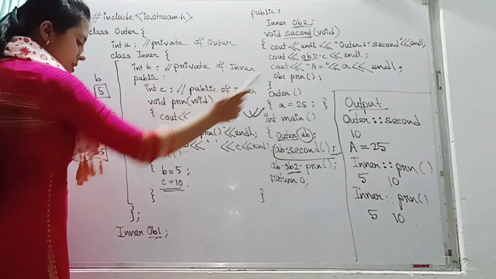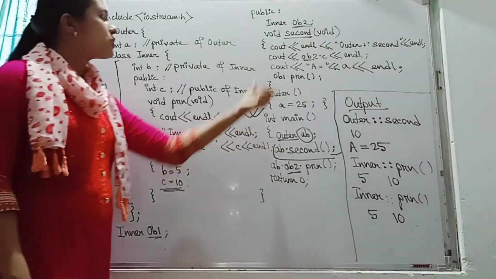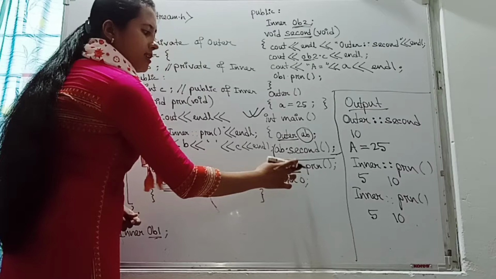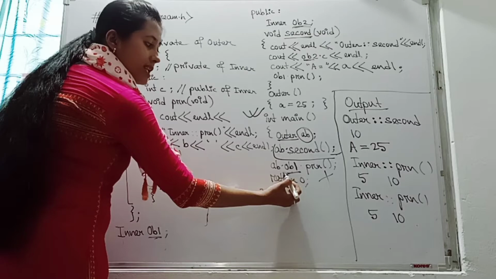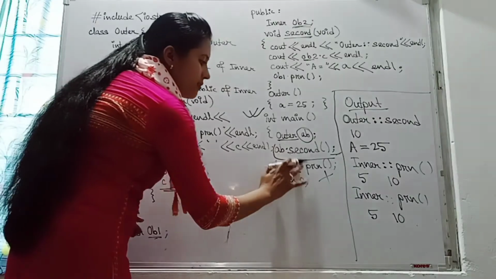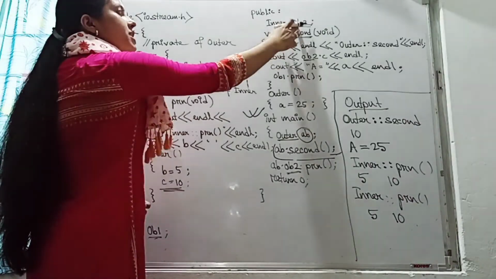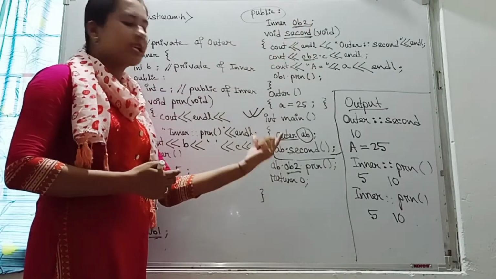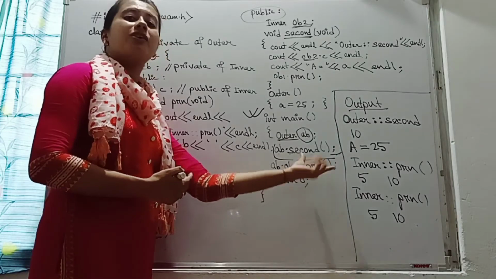Now you see this OB1 was declared where? This was declared under the private section of the outer class. So we cannot write OB1 in spite of this OB2. This will create an error. Why? Because we know we cannot access a private data member directly through an object. But when we write object 2 in spite of object 1, then what will happen? Object 2 is declared under the public section. So a public section data member or public section object can easily be accessed directly. So that's why ab.ob2.prn we have directly written.